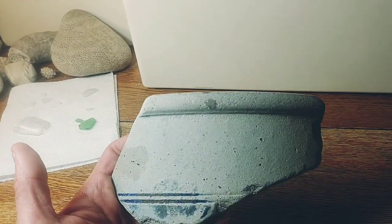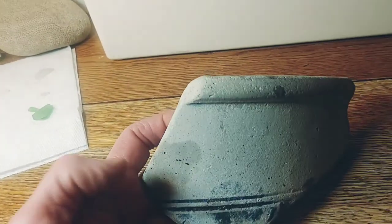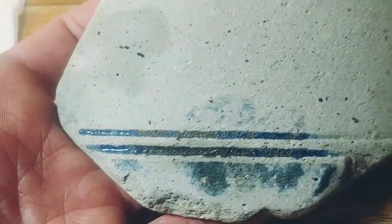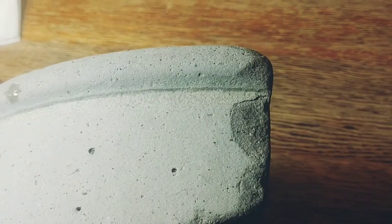It's an awesome piece that still has color to it, and it's like embossed. Oh, I don't want to rub that too much. There's very little of this glaze left on here, but it's from a salt glazed crock. And you can see right here underneath the lip, the salt glaze is still there, just barely. And otherwise,